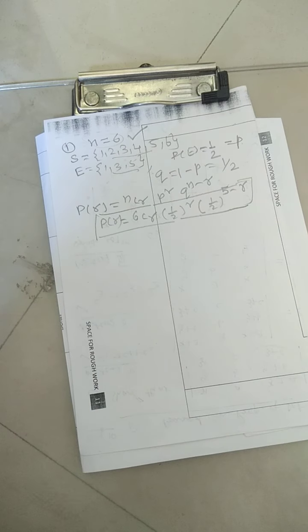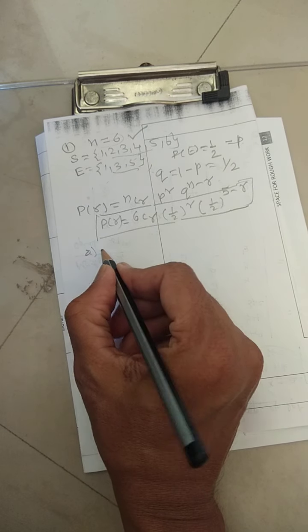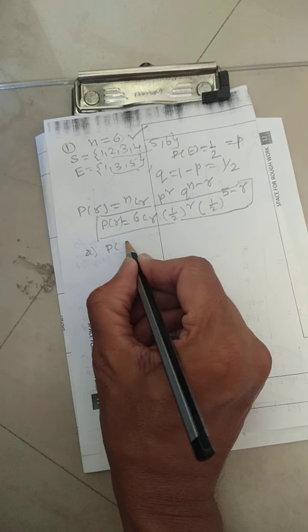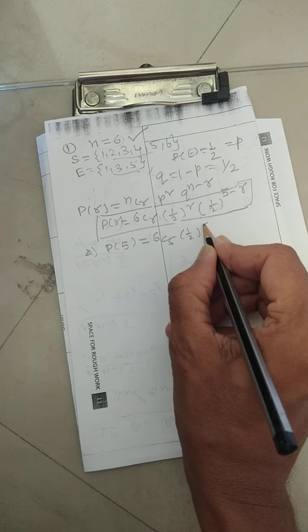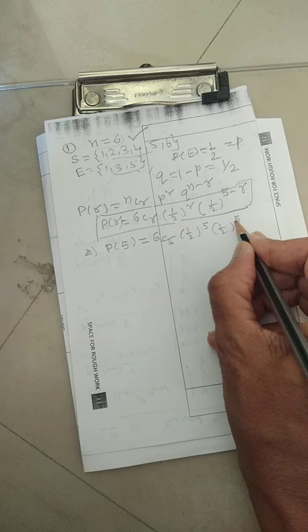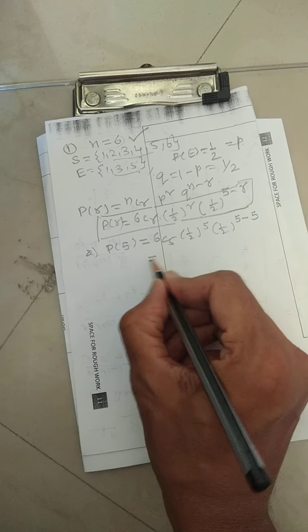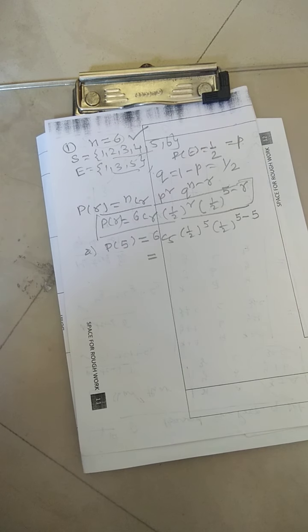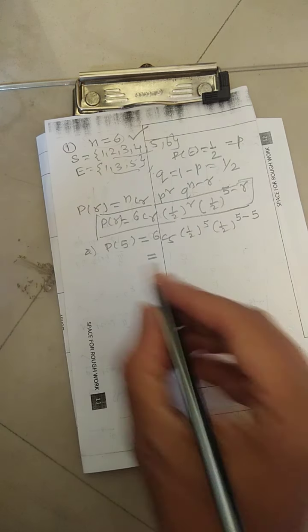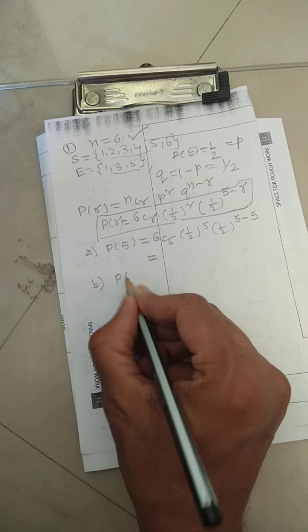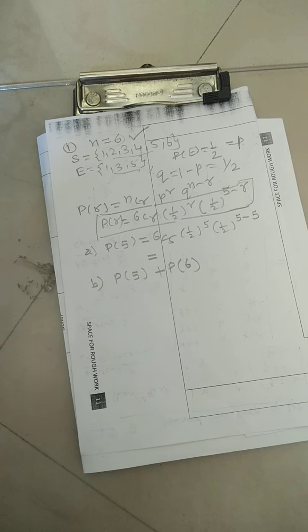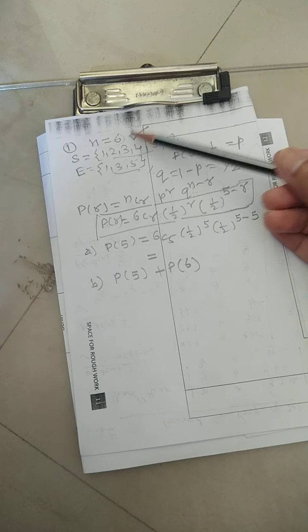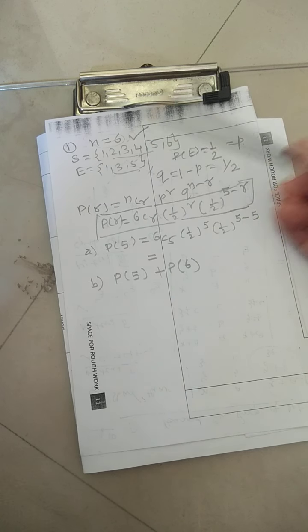Now, what is the probability of getting 5 successes? So over there, the question is asking about P5. How to find out P5? 6C5, half raised to power 5, half raised to power 6 minus 5. Simplify, you will get the value of the first answer. The second question is at least 5 successes. At least 5 successes means it can be 5 successes, it can be 6 successes. More than 6 successes will not be possible because the event happens in this particular case only 6 times.